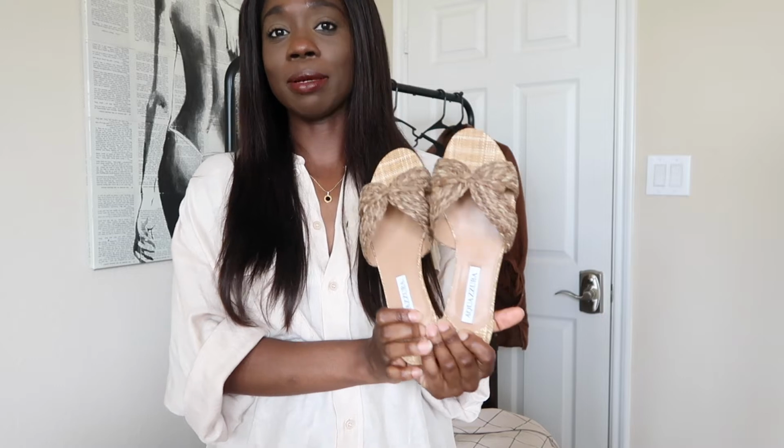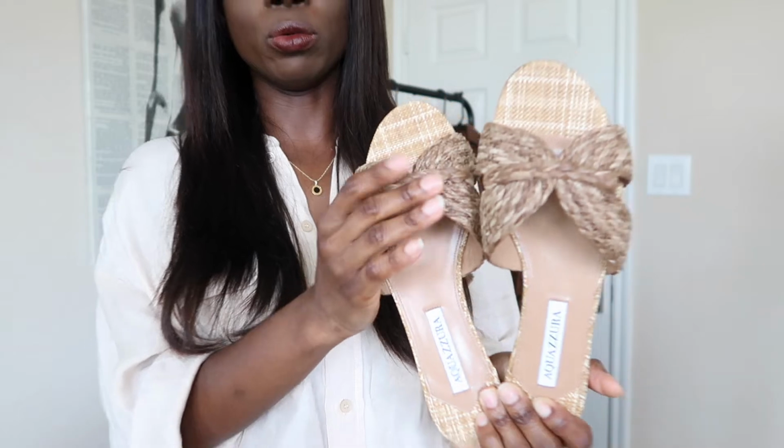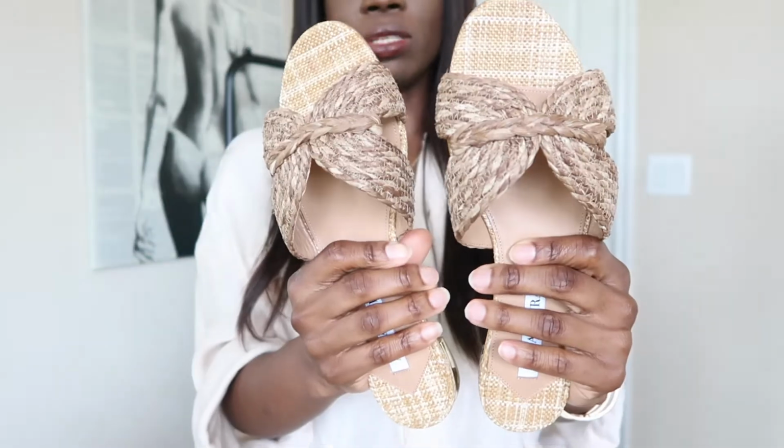Now I talked about picking up this rope style in the Mills, but when I saw it in the flats, I was like, okay, this makes sense. And I saw this was about 65%, 70% off, and I don't know if the coupon code worked on this too, but when I saw it I was like, yeah, because I think I only have maybe